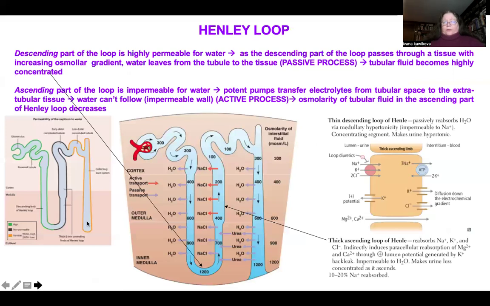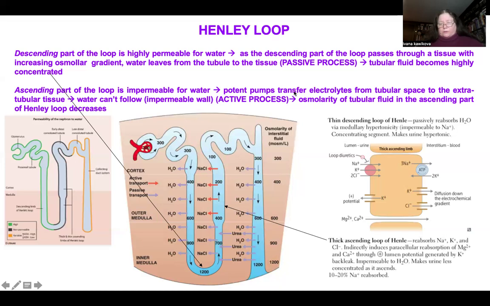So now if we are moving, if we look still at the proximal tubule, we see that glomerulus and proximal convoluted tubule are in cortex, and cortex has osmolarity, the interstitium about 300 milliosmolar, similar to plasma. Now, as we are moving towards the Henle loop to the descending part, the tubule is now diving into a tissue interstitium that has increasing osmolarity